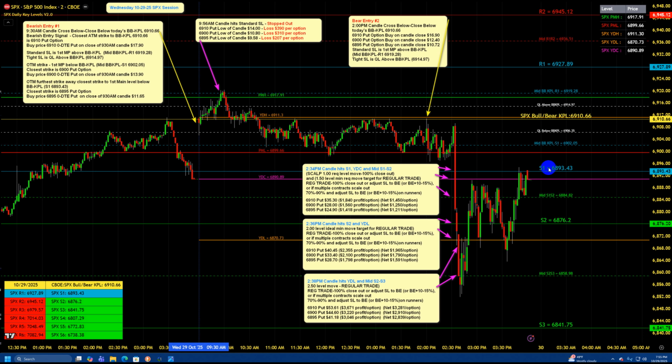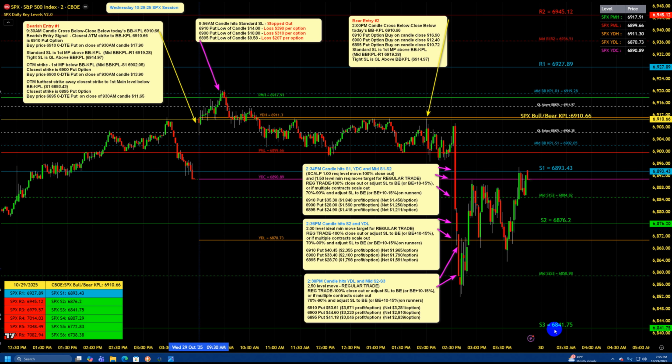What is one full level? This is a bearish trade taken from the bull bear KPL. Bearish trade, we're looking down. One full level down is S1. If instead we were scalping a bearish trade off of S1, then one level down is S2. If we were scalping a bearish trade from S2, then our target would be S3 for a scalp